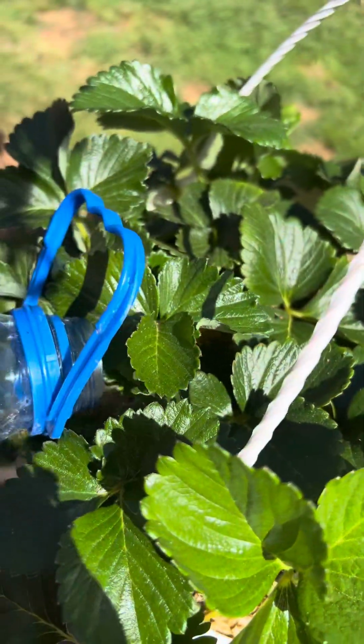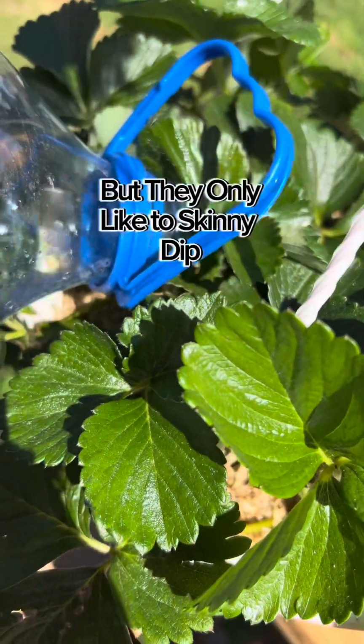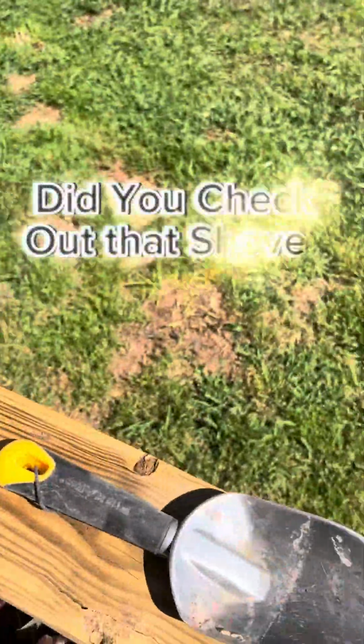Ever-bearing strawberries need 6 to 8 hours of sun, but don't go wetting them down because they only like the